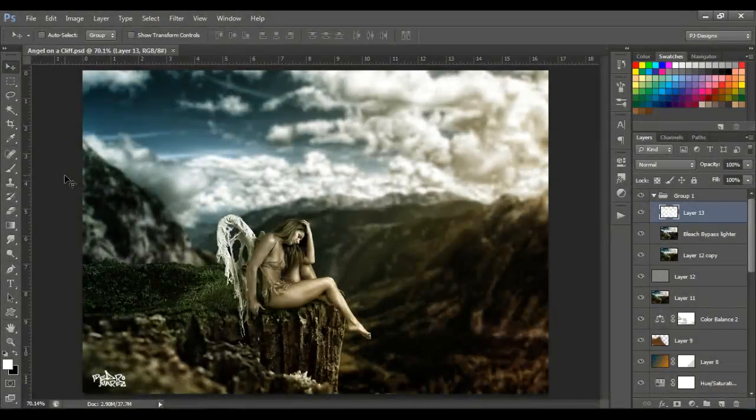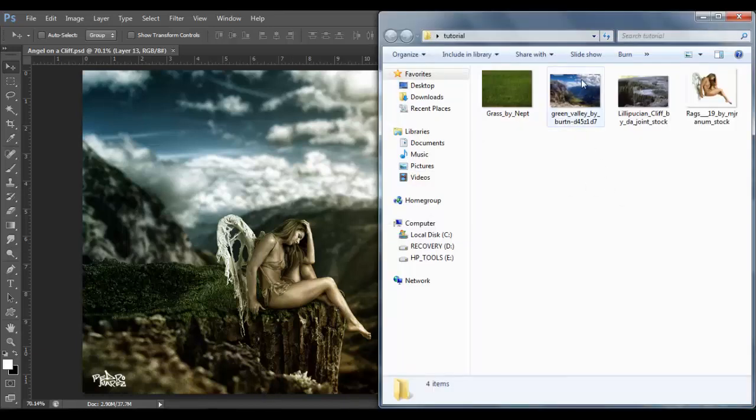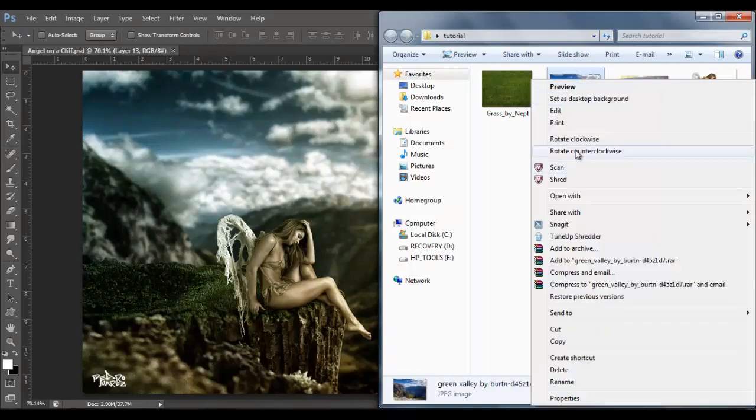Hello guys, welcome back. Today we're gonna make this manipulation right here. It's gonna be angel on a cliff. So let's begin. I'm going to open the background